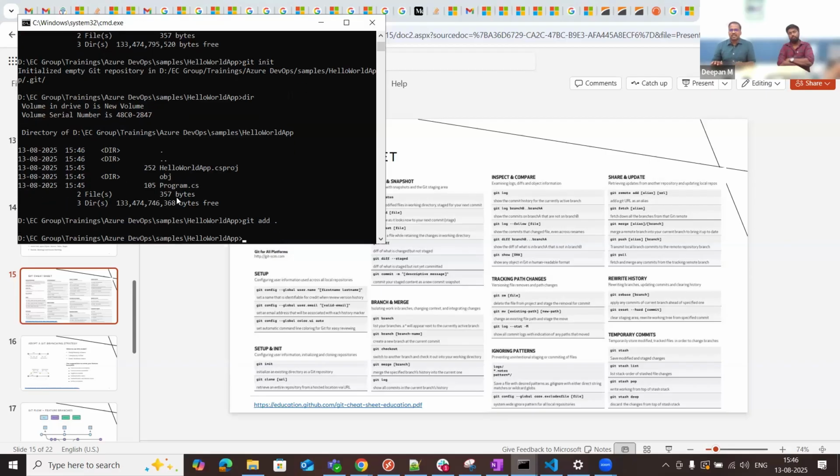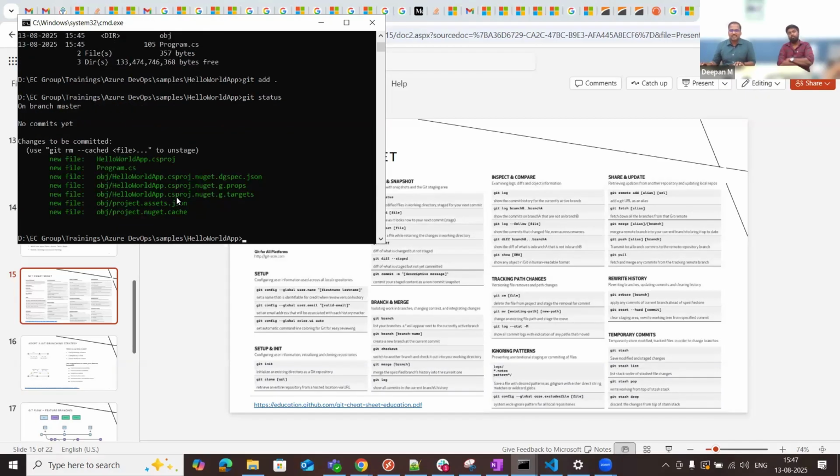So if I use period, it would just add all the files from the current directory to the repository. You could use git status to see the current status of the git. So all these files have been added newly to the repository. So next to that,